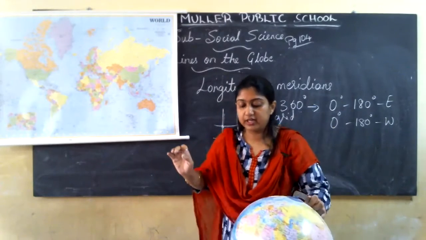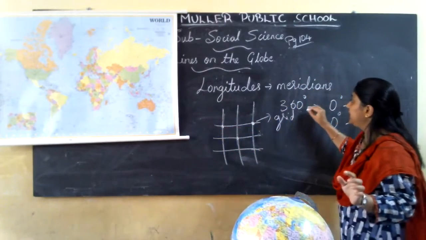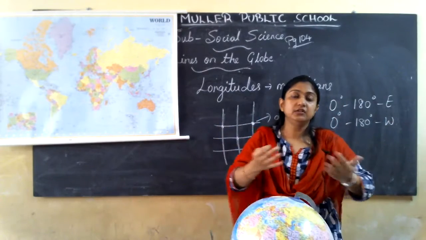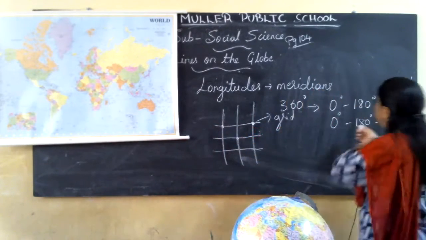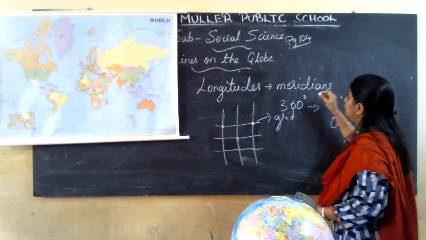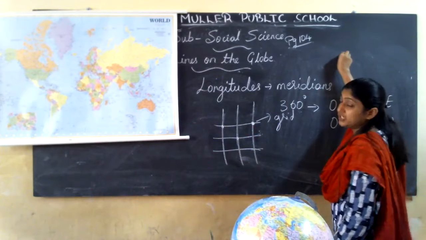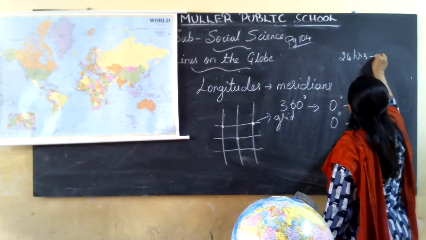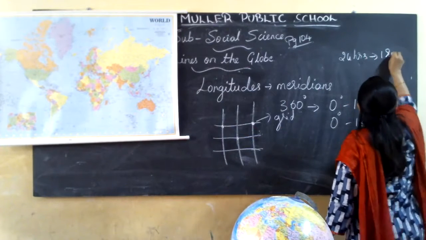So in total there are 360 degree lines of longitude that cover the entire globe. And you know that the earth takes 24 hours to complete one rotation,